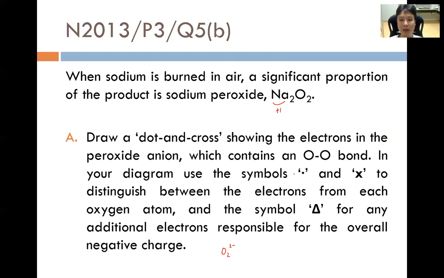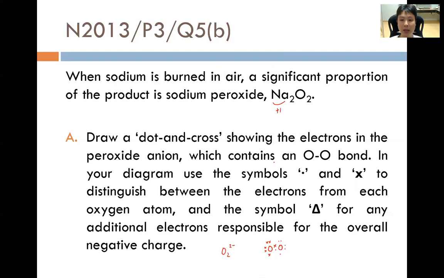It says that it contains an oxygen-oxygen bond, which means the single bond between the oxygens is a normal covalent bond, whereby this oxygen shares a single electron and this other oxygen shares a single electron. If you add in the other electrons, it will be 1, 2, 3, 4, 5, 6. So this oxygen has 6 electrons and this oxygen also has 6 electrons. However, this oxygen is actually 1 electron short of noble gas configuration, and this oxygen is also short of noble gas configuration. So it has to gain another electron, or of course you can also share another covalent bond,